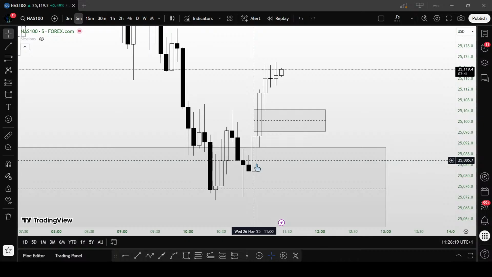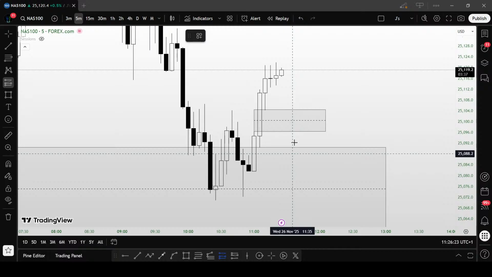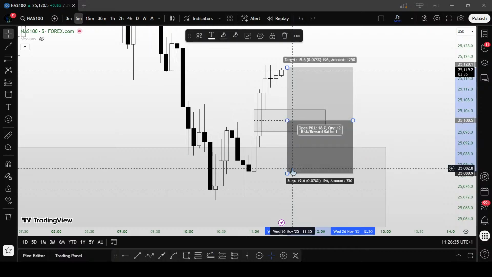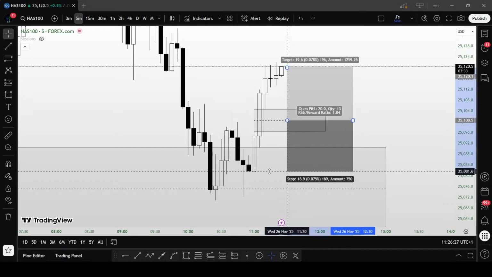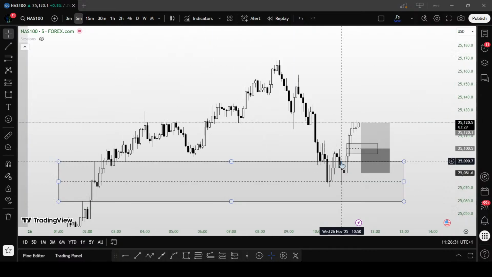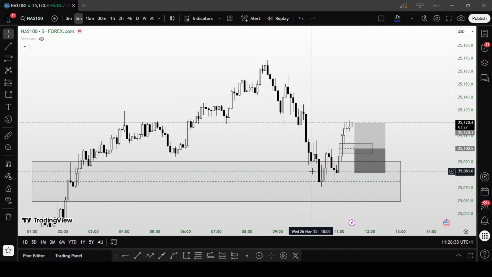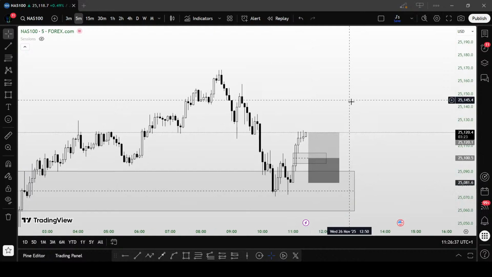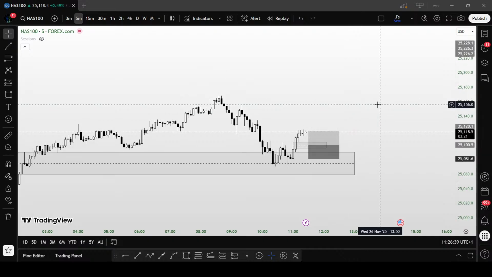Okay, so using this fair value gap here, we do have this low to save us. The low that made the first low that made the fair value gap. So this here could be a good idea. All right. For those of you that trade support and resistance and normal chart patterns, this here is a W pattern or your double bottom. Okay, so where are we aiming at again?